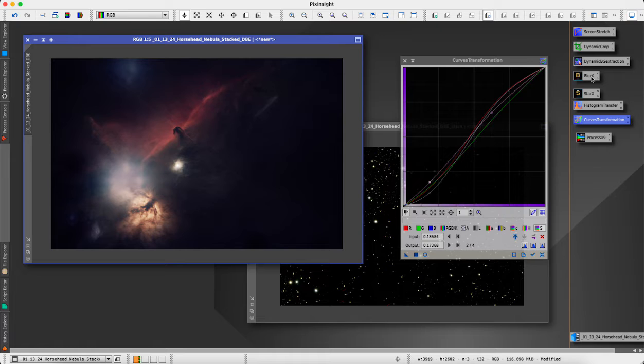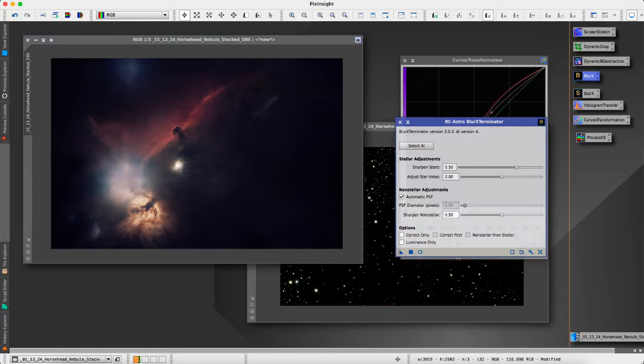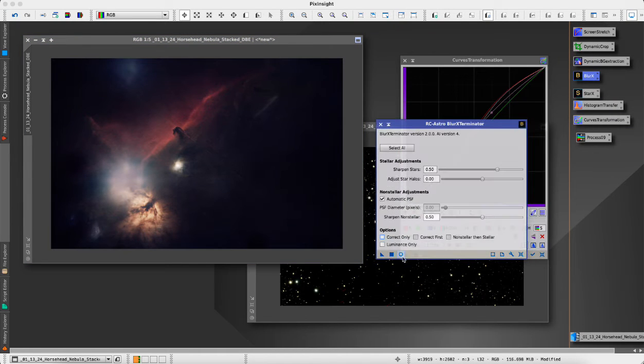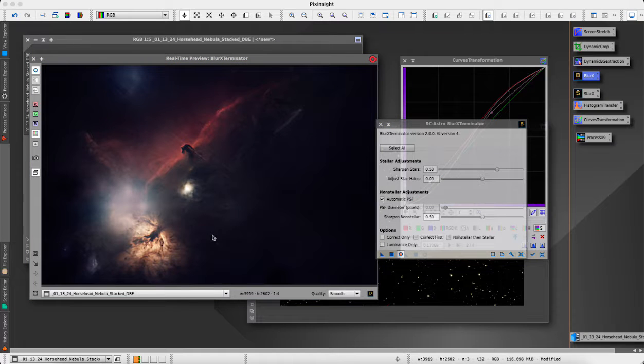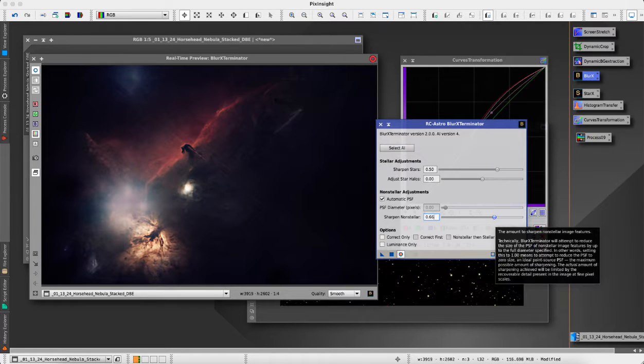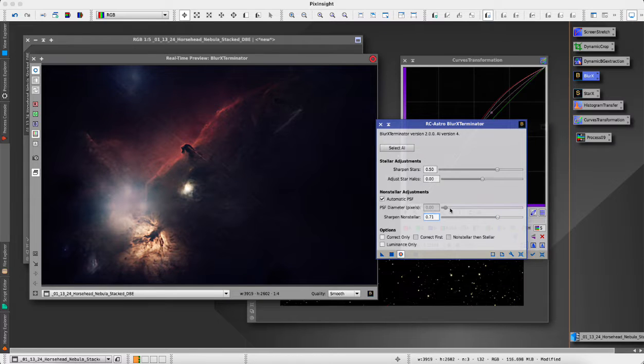On here I want to now apply Blur Exterminator again. Open up the preview. This time I want to sharpen non-stellar objects. I want to increase the amount that we're doing of that. So this will just sharpen up these non-stellar objects there. So if I turn that off, you can see this is a little bit blurry, but if I sharpen this,